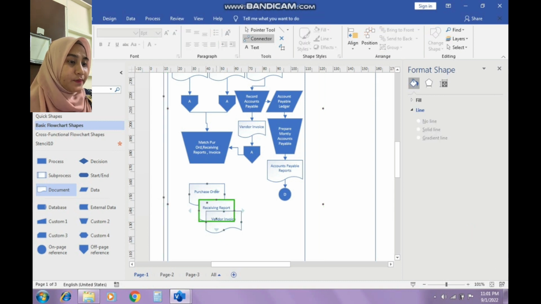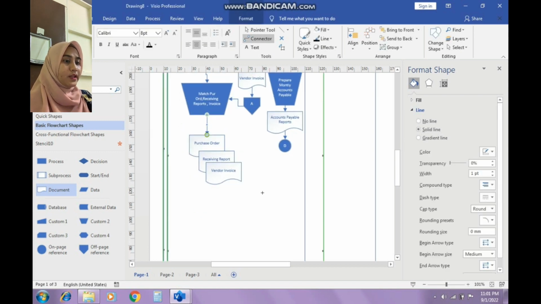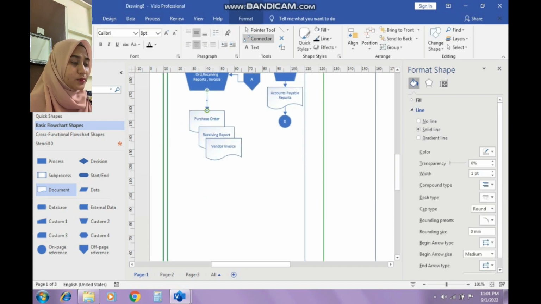All of this comes from match per this one. Okay, so we just connect it. Okay, here from here. Okay, now all this work looks like this, and all these things we finish it on